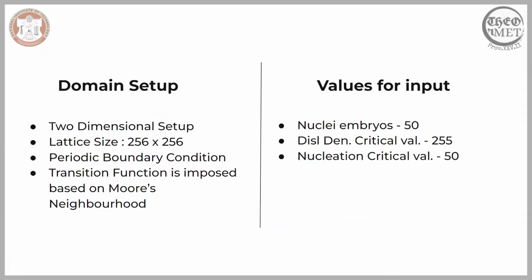So now, coming to the domain setup. We had a 2-dimensional setup, and the lattice size they have chosen is 256 by 256, and a periodic boundary condition is employed here. The neighborhood employed is the Moore neighborhood, which essentially contains 9 neighbors including the cell under consideration. For the input values, we have the initial embryos as 250, the critical value for dislocation density is 255, and that for nucleation is 50. These values we used for our further